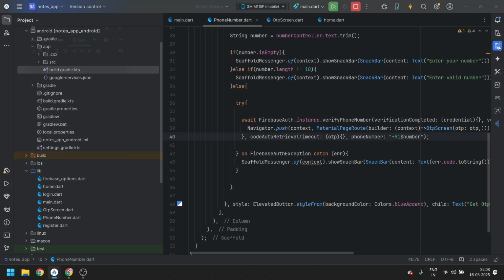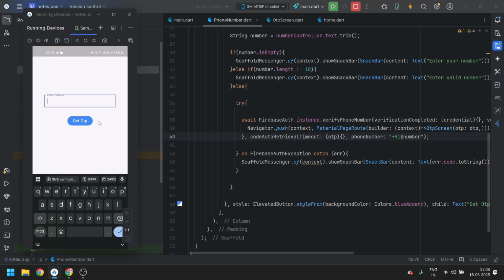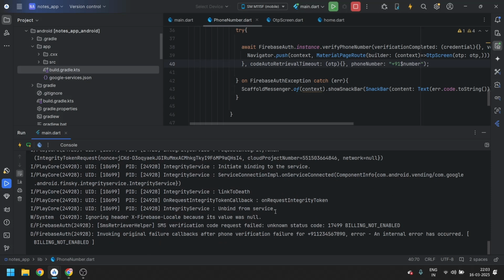Let's just open the device. Yeah, it's open. So over here, let's just enter a random number. And I entered it. When I click on get OTP, you can see in the terminal that we are getting an error. What is the error? The error is SMS verification code request failed.